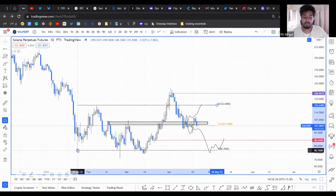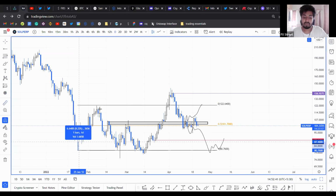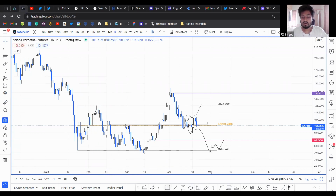Coming back to Solana, it formed a range here extending from $88 to $122, after it formed the base here on 24 June and rallied roughly 51%. Since then the price is stuck in this range, and what usually happens during range-bound moments is that,